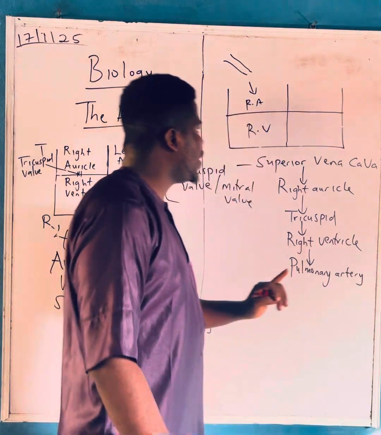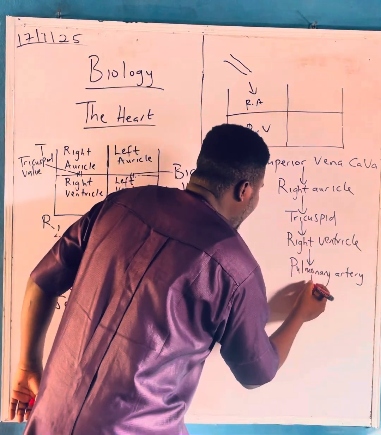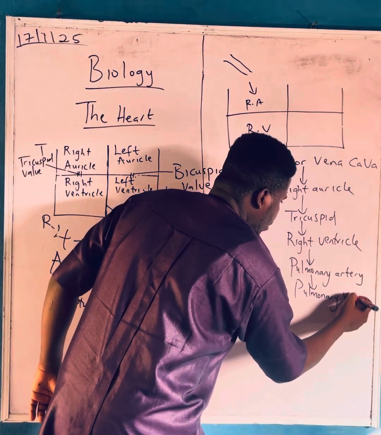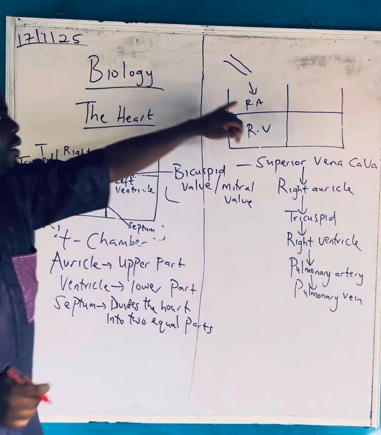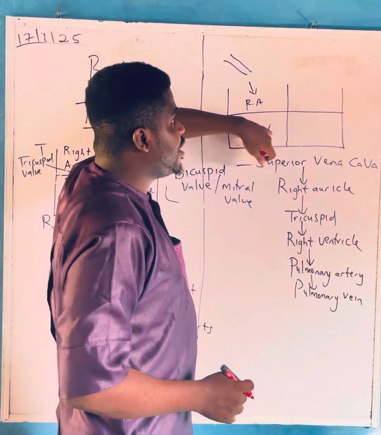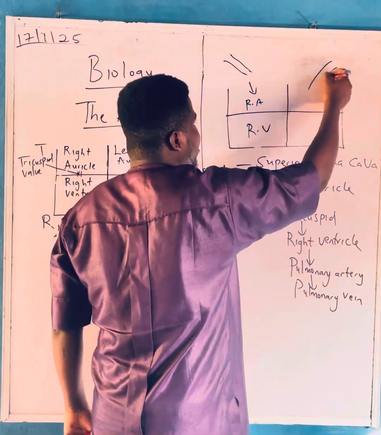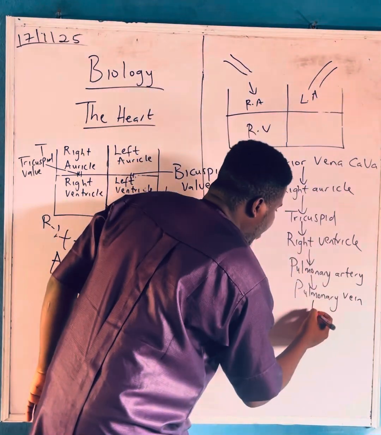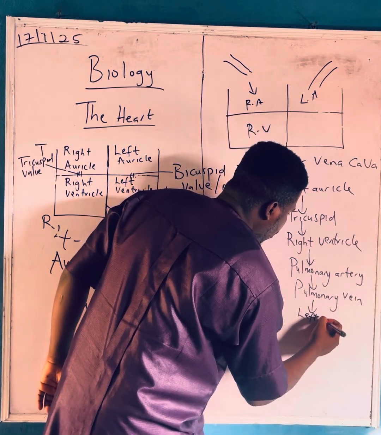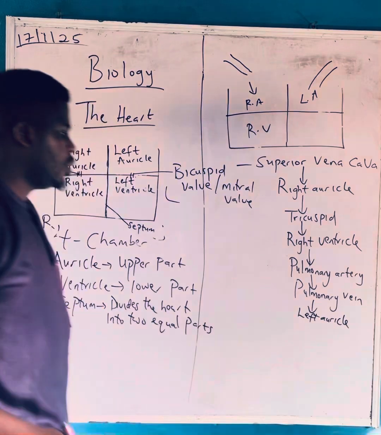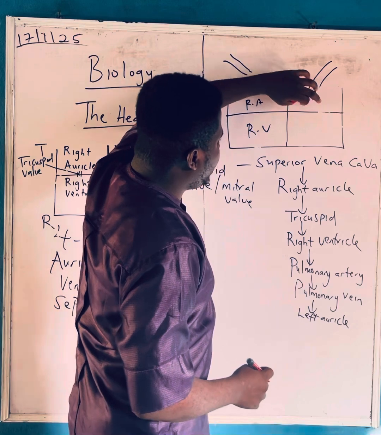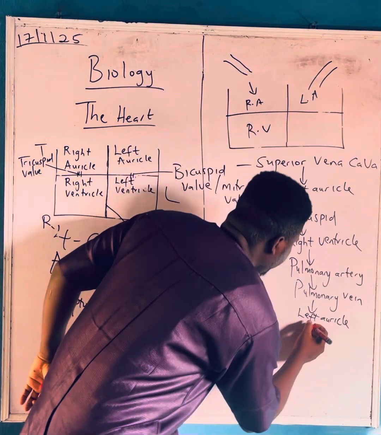So after the blood has now been oxygenated, the pulmonary vein will now carry that blood that has left through the pulmonary artery. The pulmonary vein will now carry it here to the left auricle. Then the blood will now flow from the left auricle through the valve,